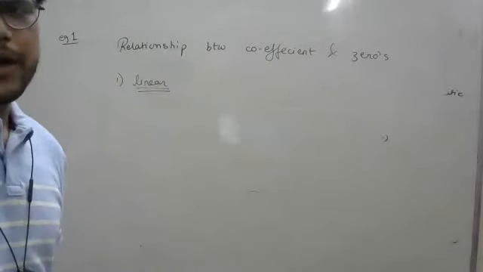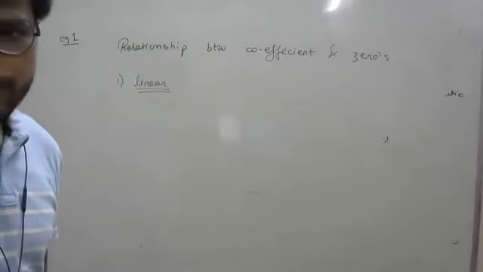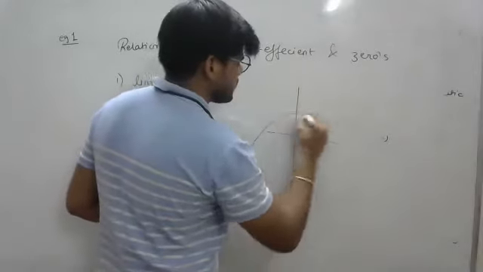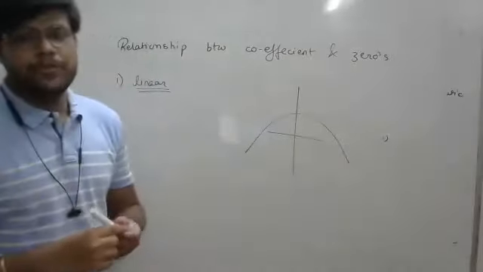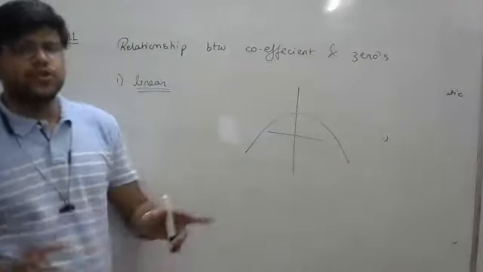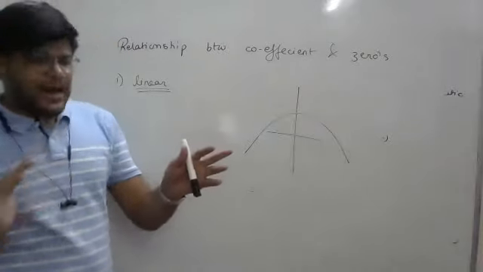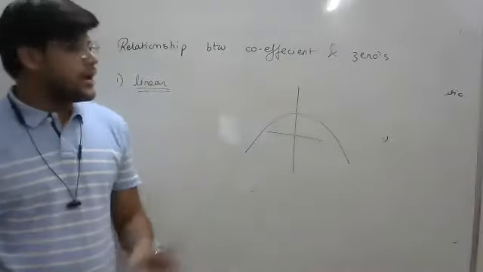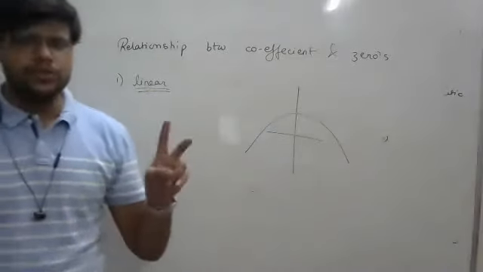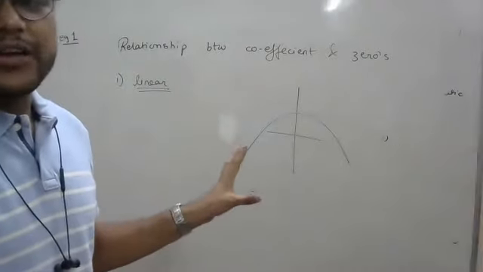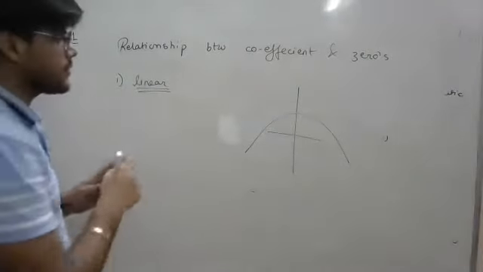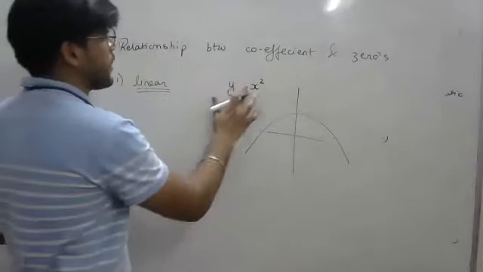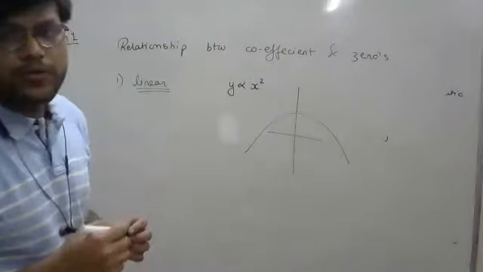What is the meaning of parabola? Okay, good question. A parabola is this type of curve. The best example of a parabola is if you are standing on the ground and throw a ball upwards, the path your ball follows is a perfect example of a parabola. Any curve is not considered a parabola. For a parabola, there is a condition: y is proportional to the square of x.